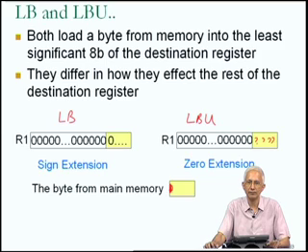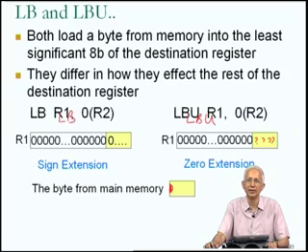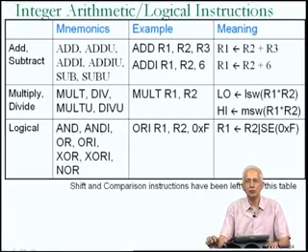So they have in common that they load a byte from memory into the least significant 8 bits of the destination register, but otherwise one does zero extension, the other does sign extension. Okay, now moving right ahead,